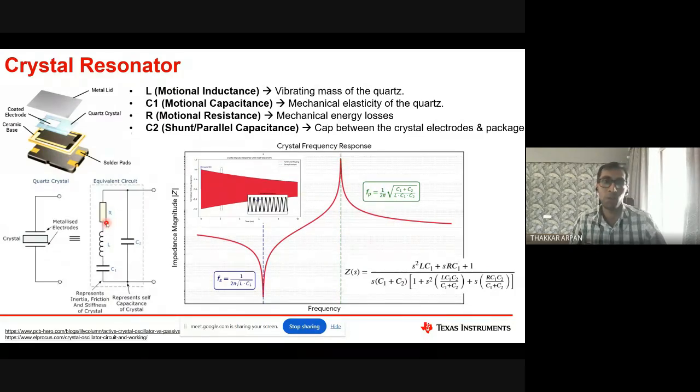And why do we get a very good quality factor for a crystal? It is because of the quartz atomic arrangement. I will cover how they vibrate and all. Finally they vibrate in a way that it's a mechanical resonator, and its effective R is going to be really, really small. And that is the reason you get a really good quality factor. And that is why if you try to build this circuit by yourself,